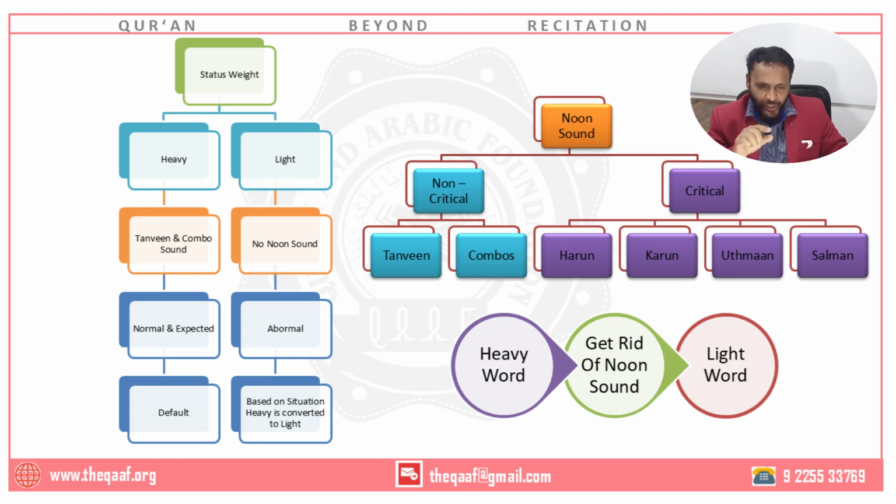Okay, but mind you, a word of caution, a small disclaimer. We are talking about the noon sound which we have added to the default word. For example, the word Muslim: the actual word is only mim, sin, lam, Muslim, that's it. And what did we do? We added un to it. We added an to it. We added aini to it. We added una to it. These are additional to it.